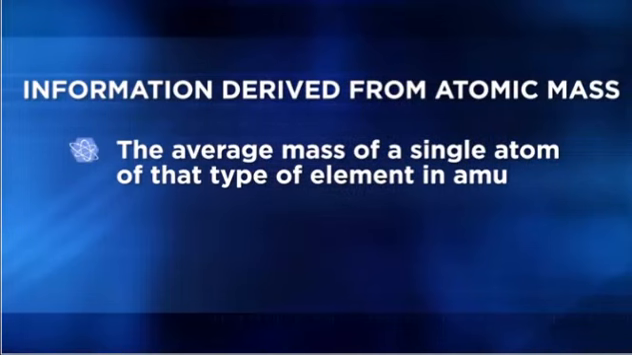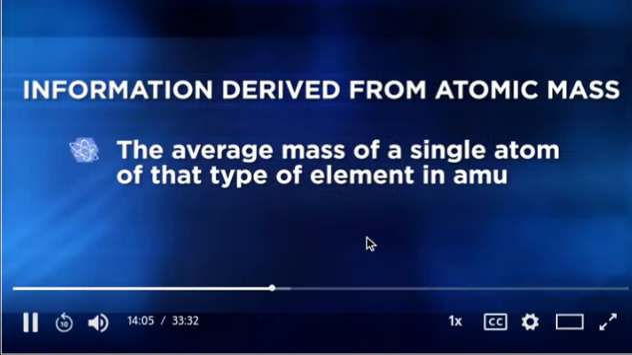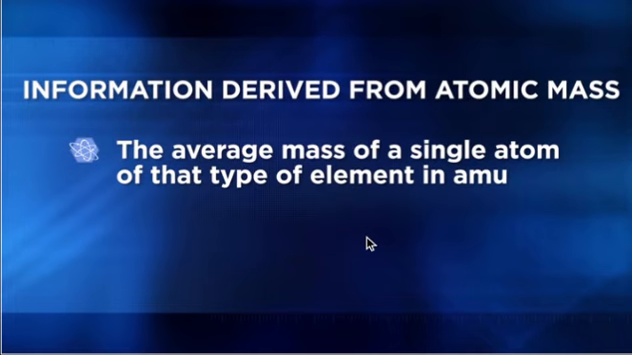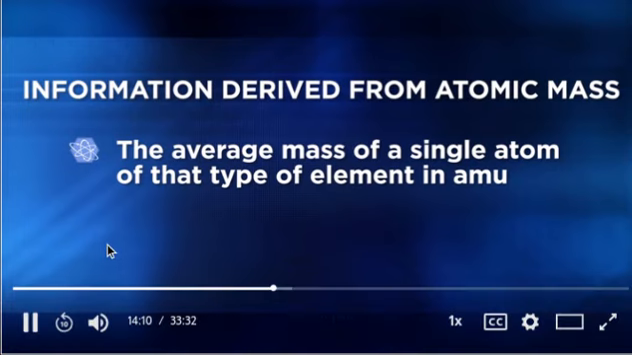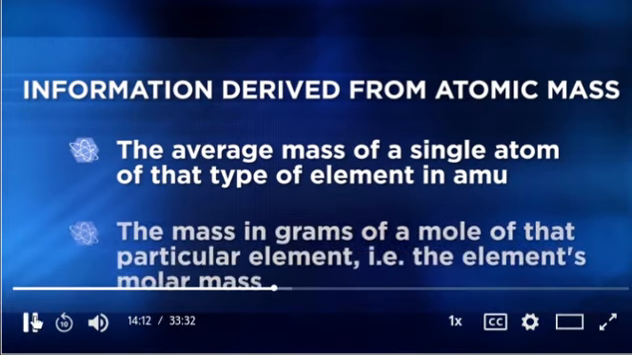So to summarize, if we have a mole of atoms of any element, then we would know what the mass would be in grams. We know this by looking up that element's mass on the periodic table. So there are really 2 important pieces of information that we can derive from those masses listed for each element on the periodic table. 1. The average mass of a single atom of that type of element in atomic mass units. And 2. The mass